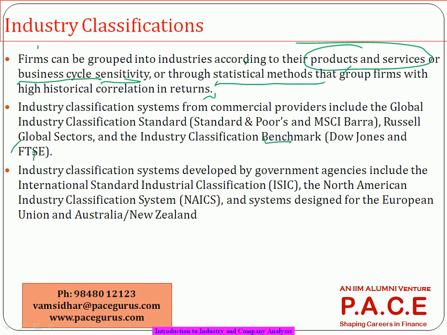So either I can use them or I can develop my own classifications depending on what kind of analysis I am planning to do. If I have to analyze Hero MotoCorp, you may say, okay, look at Hero as a part of the whole automobile industry. Or someone may say, okay, why not look at it with respect to only TVS Motors, or probably Bajaj, or a couple of other companies, probably Mahindra's, three or four other companies which form the total two-wheeler industry. Or someone else may say, again,